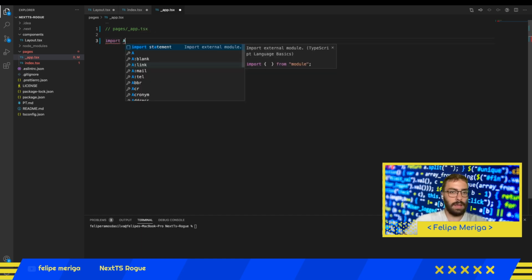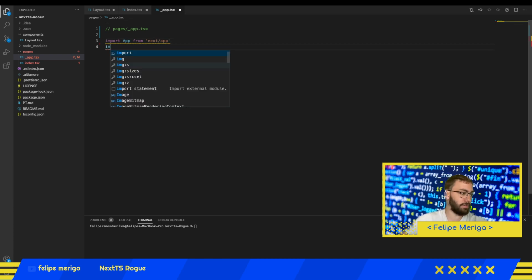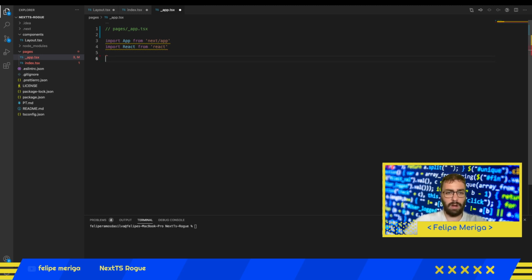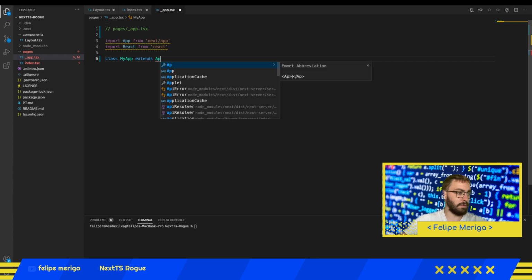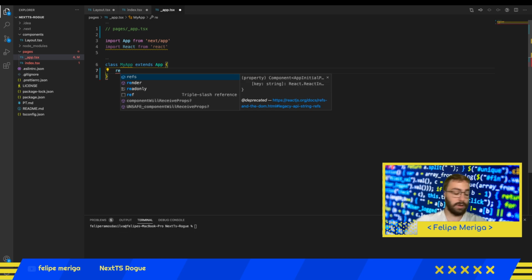and then we are going to import App from next. Why the Next App? Because it is the one we are talking about, the default component that renders all of the other components. And we are going to import React again from the package React, and we are going to define now a class component, which will be class MyApp, which is the component that is going to override the configurations in Next. It will extend the App that we have imported from Next, and then we will open the body, the scope of this class, and we are going to create the render